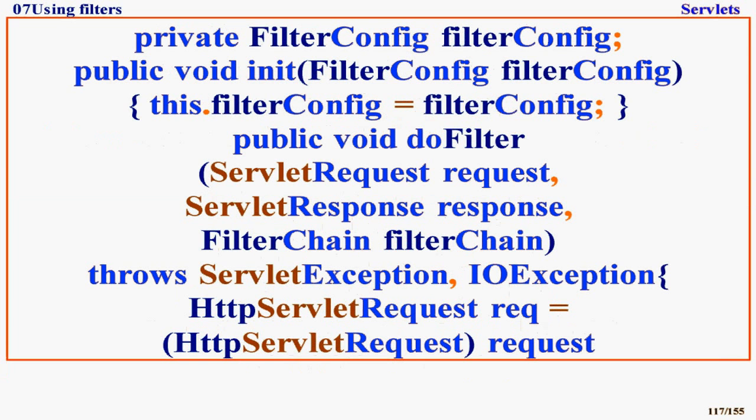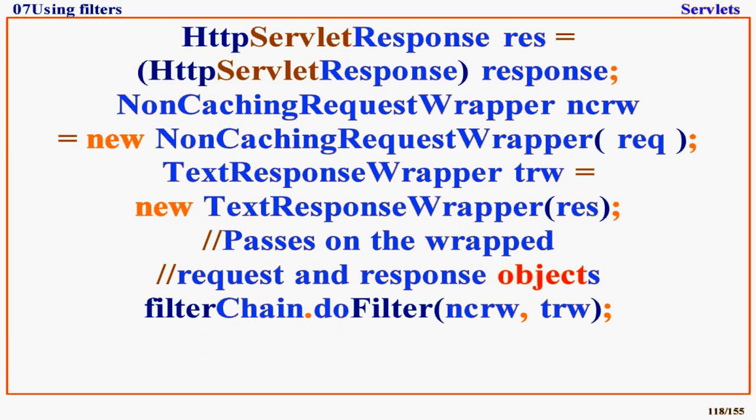public void init(FilterConfig) { this.FilterConfig = FilterConfig; } public void doFilter(ServletRequest, ServletResponse, FilterChain) throws ServletException, IOException { HttpServletRequest req = (HttpServletRequest) request; HttpServletResponse res = (HttpServletResponse) response; NonCatchingRequestWrapper NCRW = new NonCatchingRequestWrapper(req); TextResponseWrapper TRW = new TextResponseWrapper(res); // passes on the wrapped request and response objects